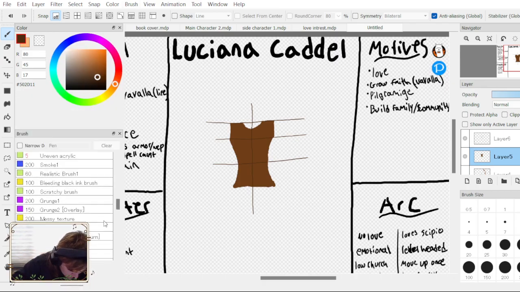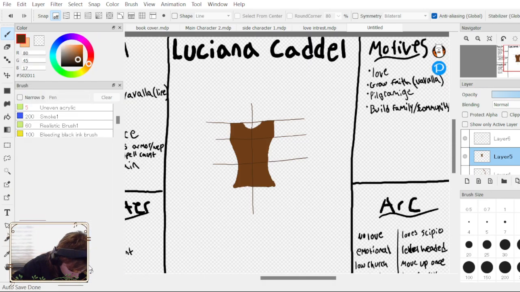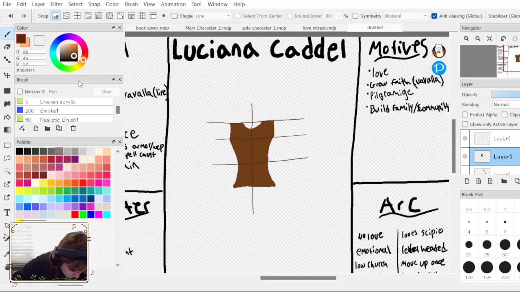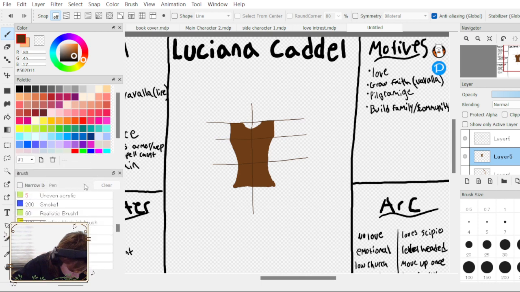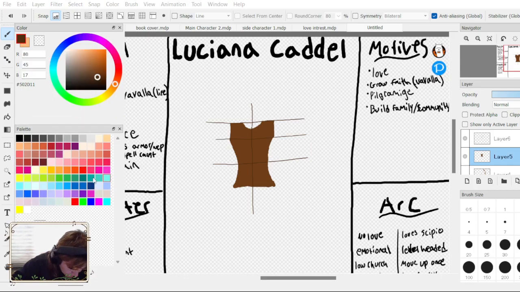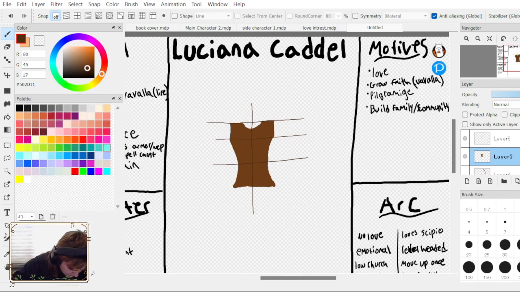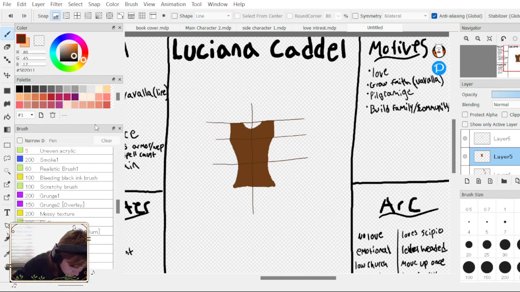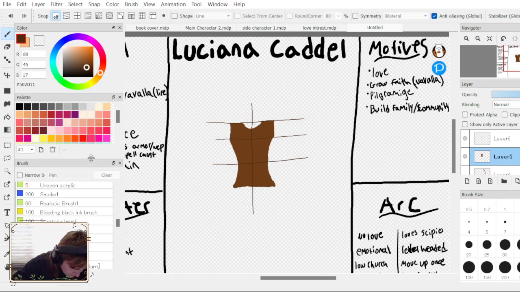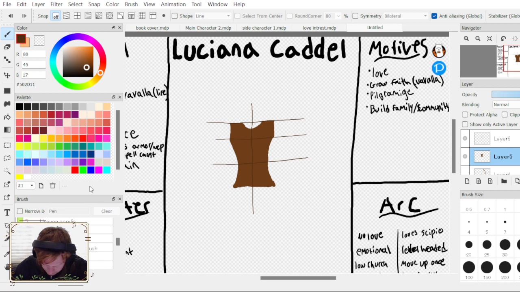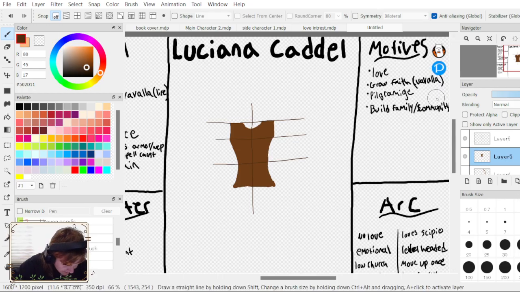How do I... I don't know how to get that back. I don't know how to make another one of those.